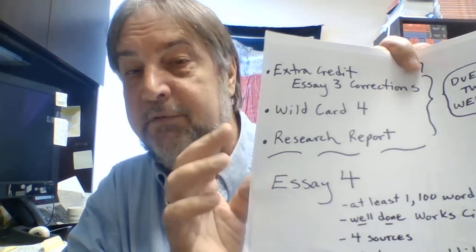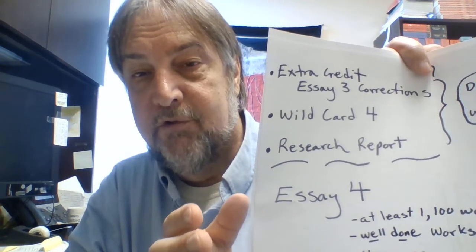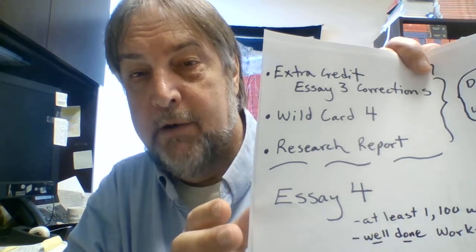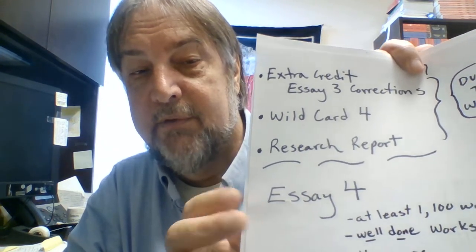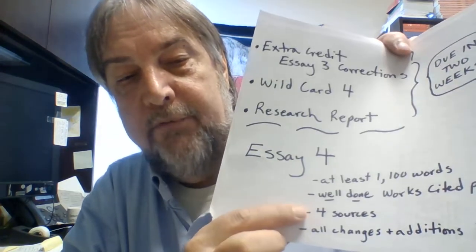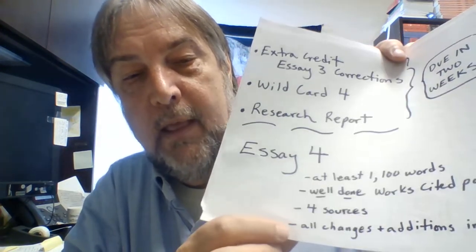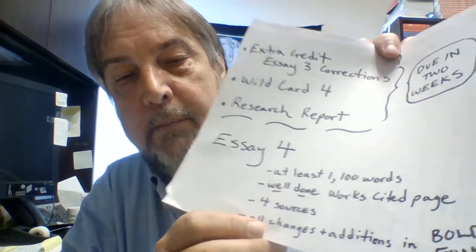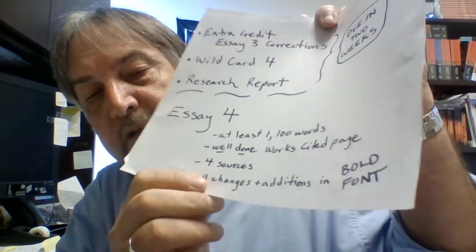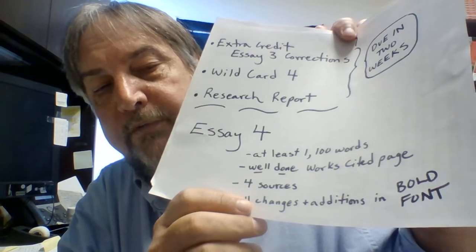And so the first thing I'm going to look at is the works cited page and your parenthetical citations to see if those are done correctly. I'll check to see if you have the 4 sources required. And very important, all changes and additions need to be in bold font